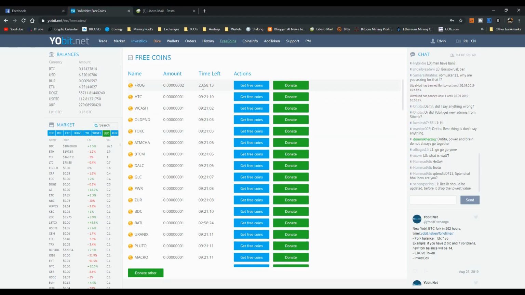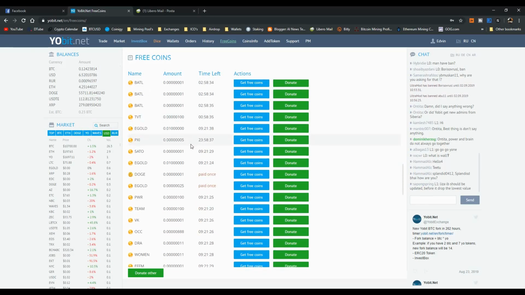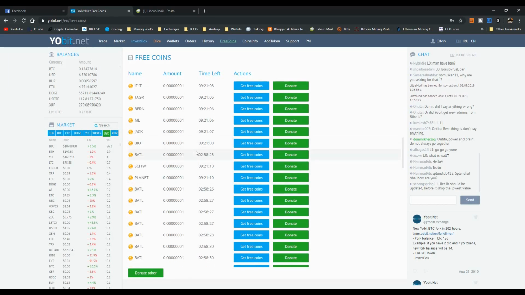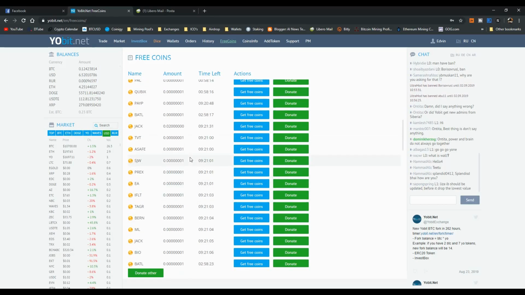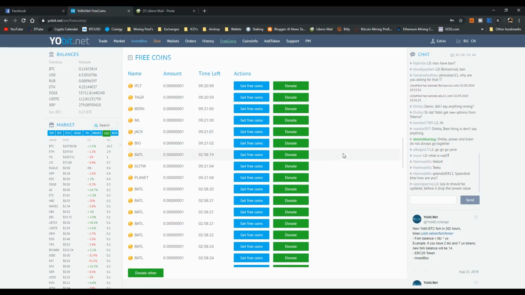As you can see, you can get some more after 24 hours, and most of these free coins now are for 24 hours. Maybe 3 to 5 of them are like 6 hours, some of them are 4 hours, so basically the time frame in which you can get more free coins is a bit longer than before,